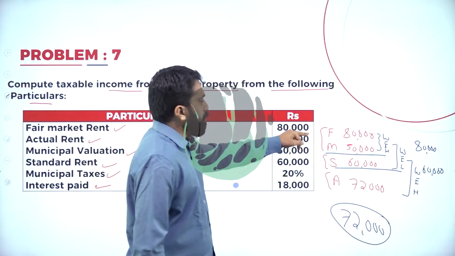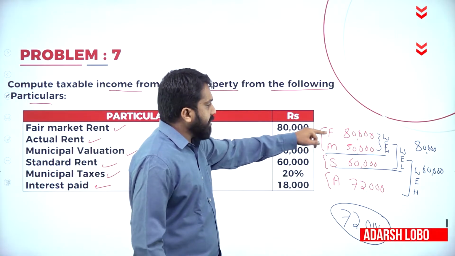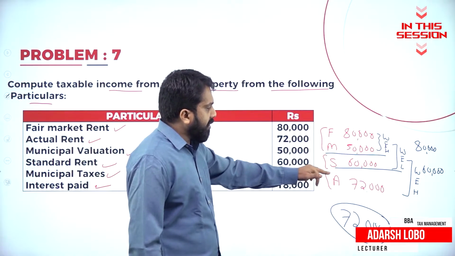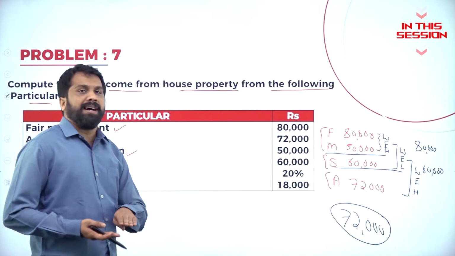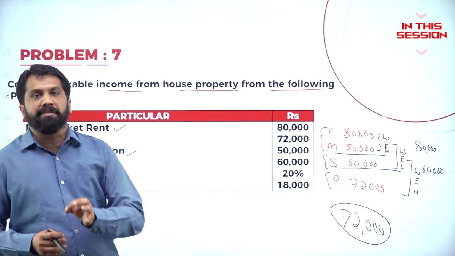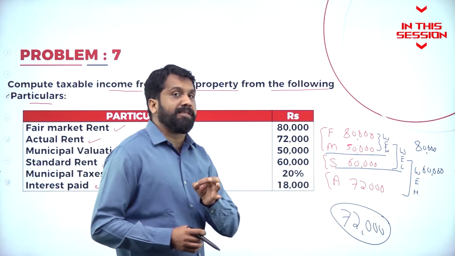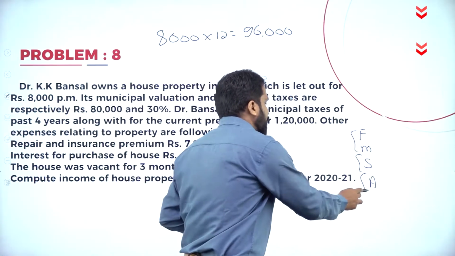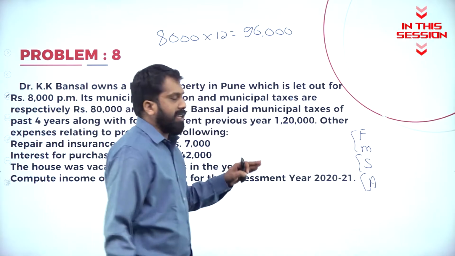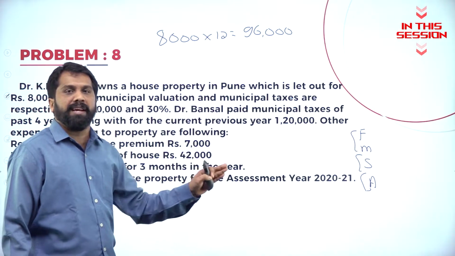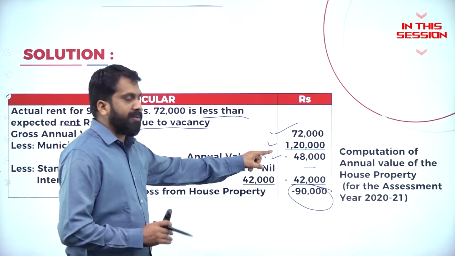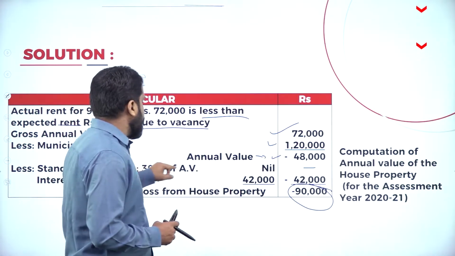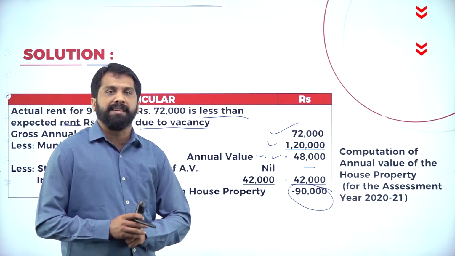First thing, we have to compare whichever is high, your answer with standard, whichever is low, your answer with your actual, whichever is high. If they have given percentage, it means you should calculate always on municipal valuation. For every problem, we will not change the concept or logic. Same logic we will implement for every problem. If the annual value is in minus figure, you are not supposed to calculate like your 30% of standard rent.